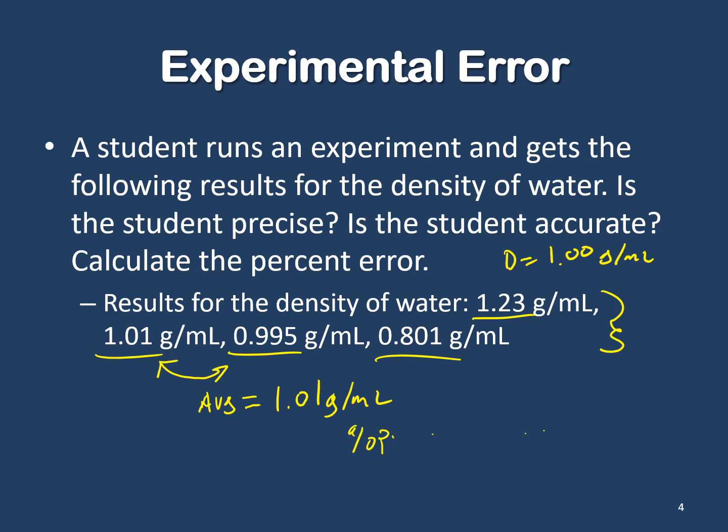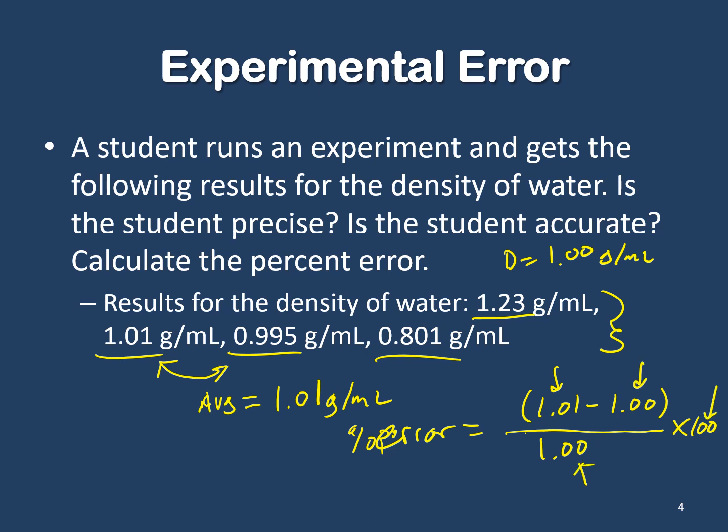But our percent error is going to be equal to 1.01 minus 1.00 divided by 1.00 and then multiplied by 100. Again, this is the experimental average minus the actual divided by the actual times 100%. This will give us a percent error of